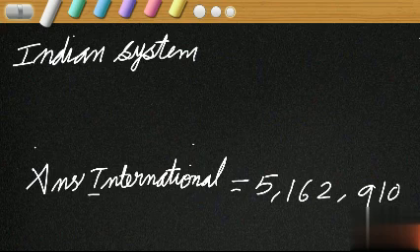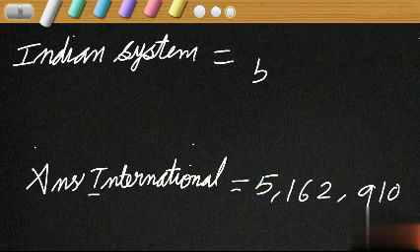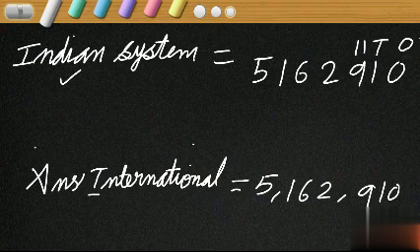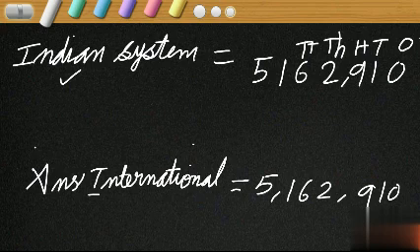How can we convert this into Indian system? For that, what should be done? First, write the numbers without the comma. Isn't it? 5, 1, 6, 2, 9, 1, 0. And what is the next step? Yes, write the places as per Indian system. Why? Our aim is to convert into Indian system, isn't it? So, ones place, tens place, hundreds place, comma. Then, as per Indian system, we have the thousands place and 10,000 place, isn't it? Then, comma. Is there any 100,000 place? No. Then lakhs place and 10 lakhs place.